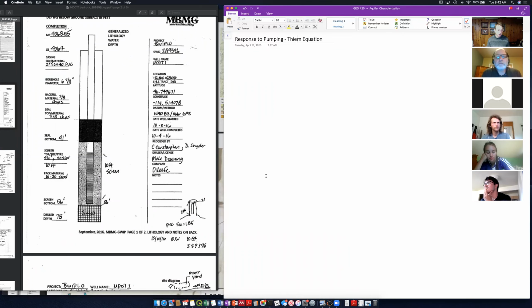And so we're able to start building our conceptual model, which in this case, we've got a bunch of alluvial material and then bedrock beneath it. So the next thing we need to do, and that we talked about in our